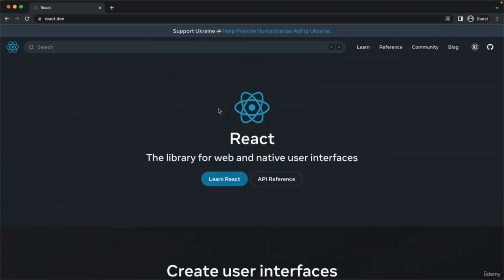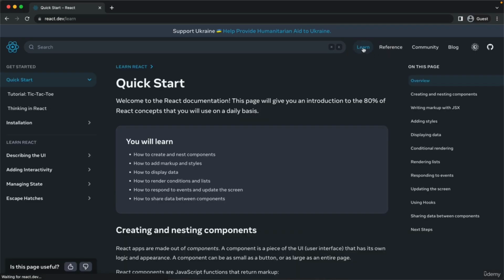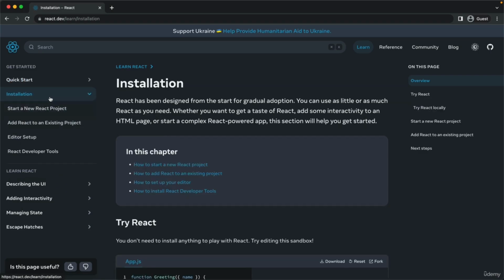But what we are mostly interested in is here this learn part and the reference part. So here in learn, you have basically some stuff about getting started and some things about the installation, but you will not really need this for now